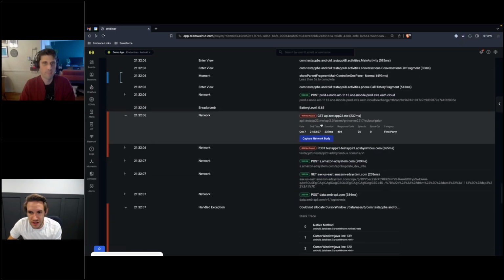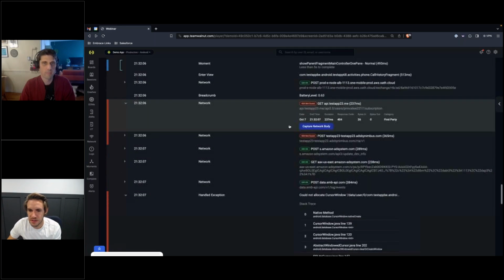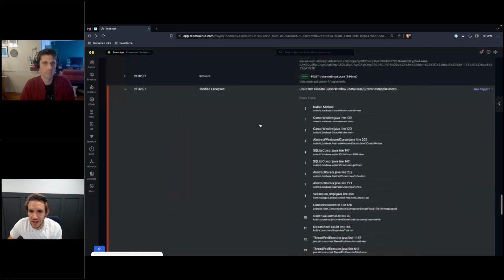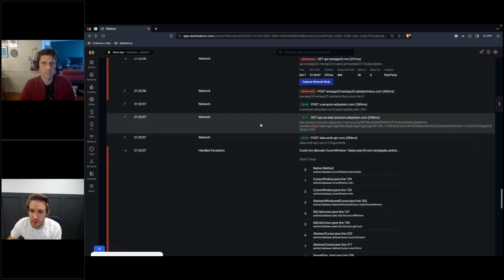Where I want to go next is you can see all your failed network calls. And again, you can zoom out on those and take a look at those. You also can capture all your handled or even unhandled exceptions, depending on the app. So we can capture the handled exception. In this case, you'll get your stack trace. But I'm also able to see what happened right before that, right?